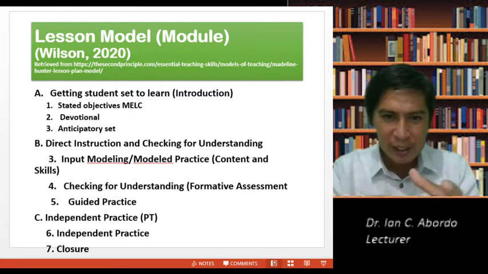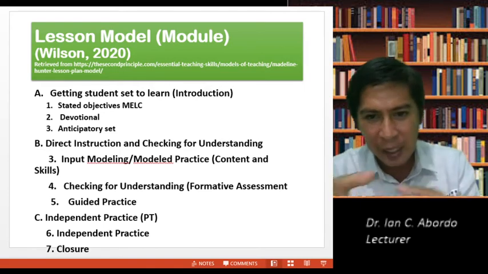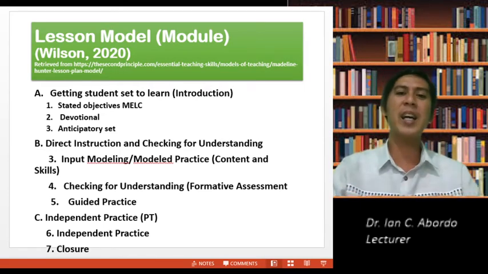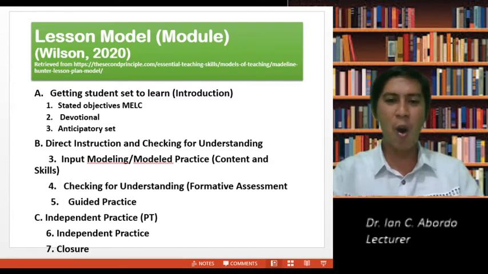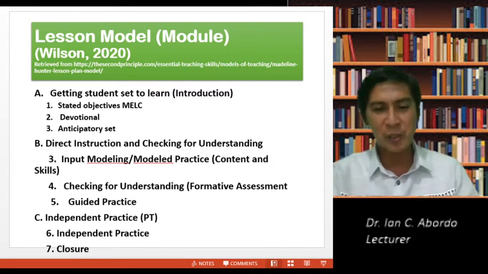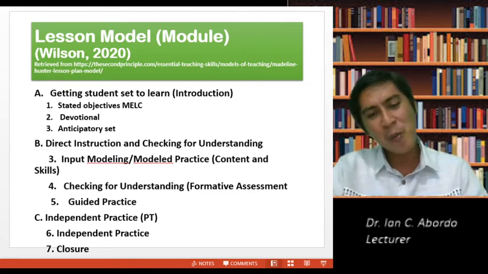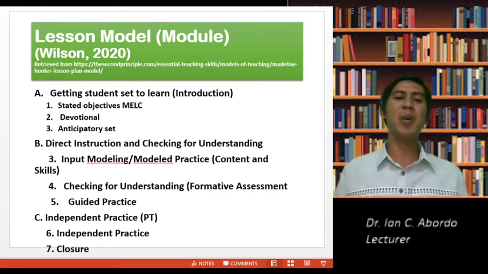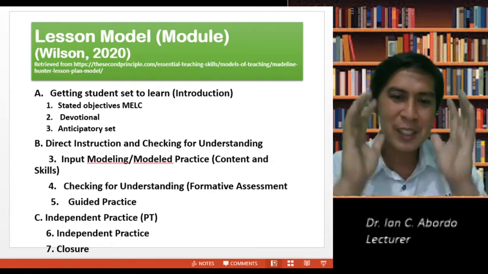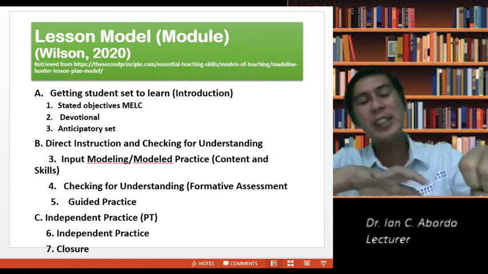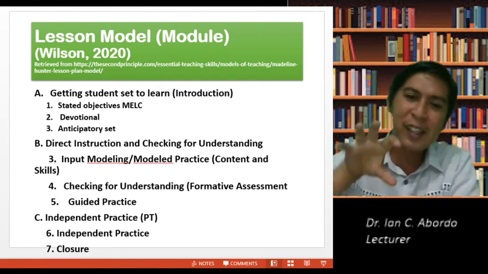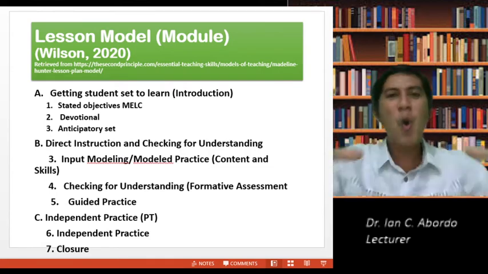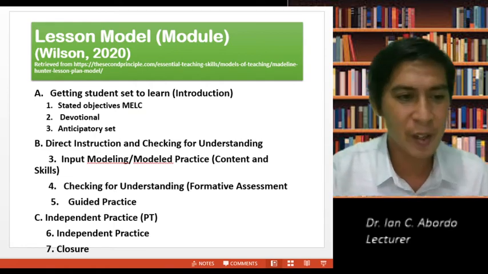So you can provide activities there inside the modeling, maybe, or checking for understanding when they are groups, dyads, triads, cooperative learning, guided practice, or independent practice. And students will read the module and perform the requirements stated in the module. But you're addressing social presence, God's presence there, and you also have the teaching presence because you have organized the module very carefully.